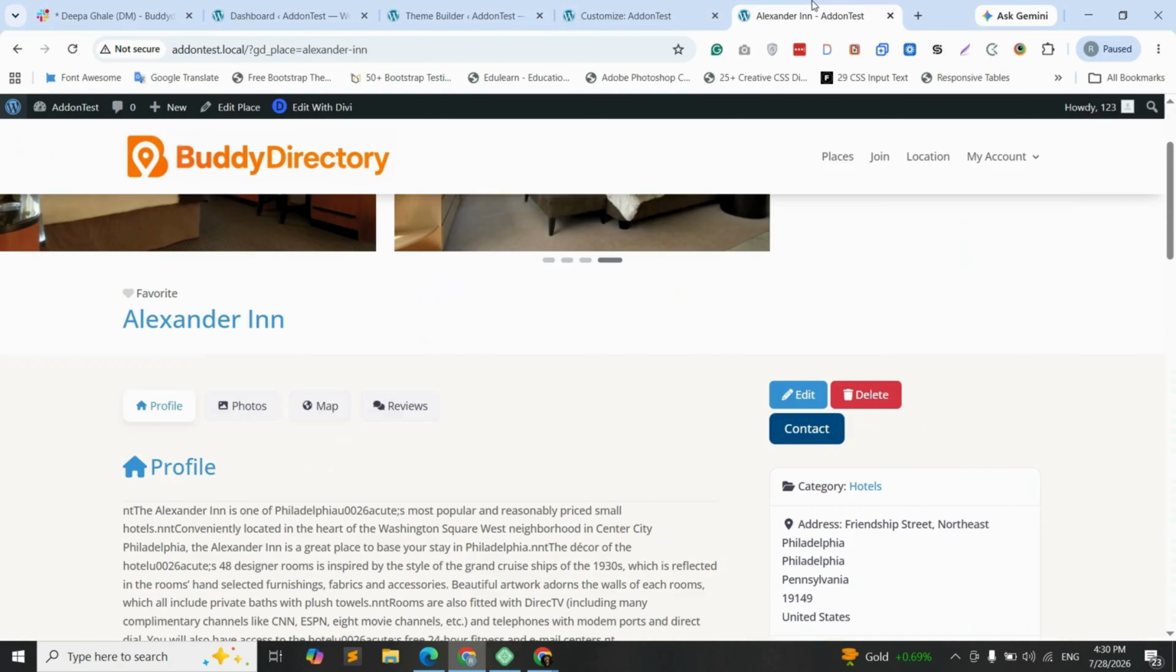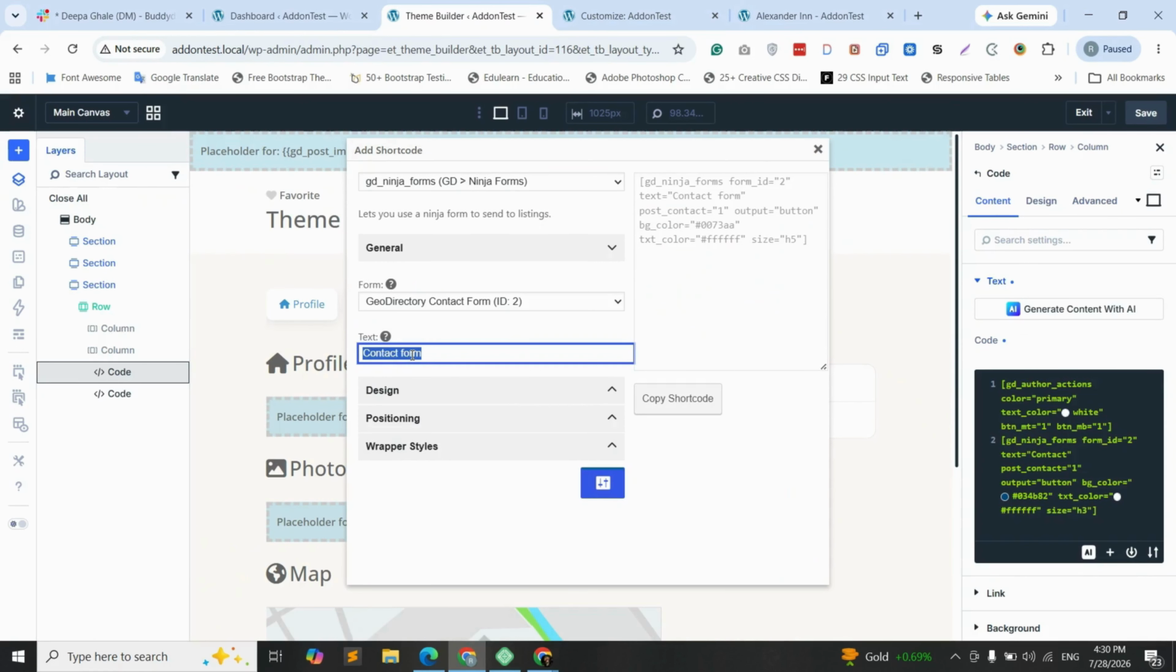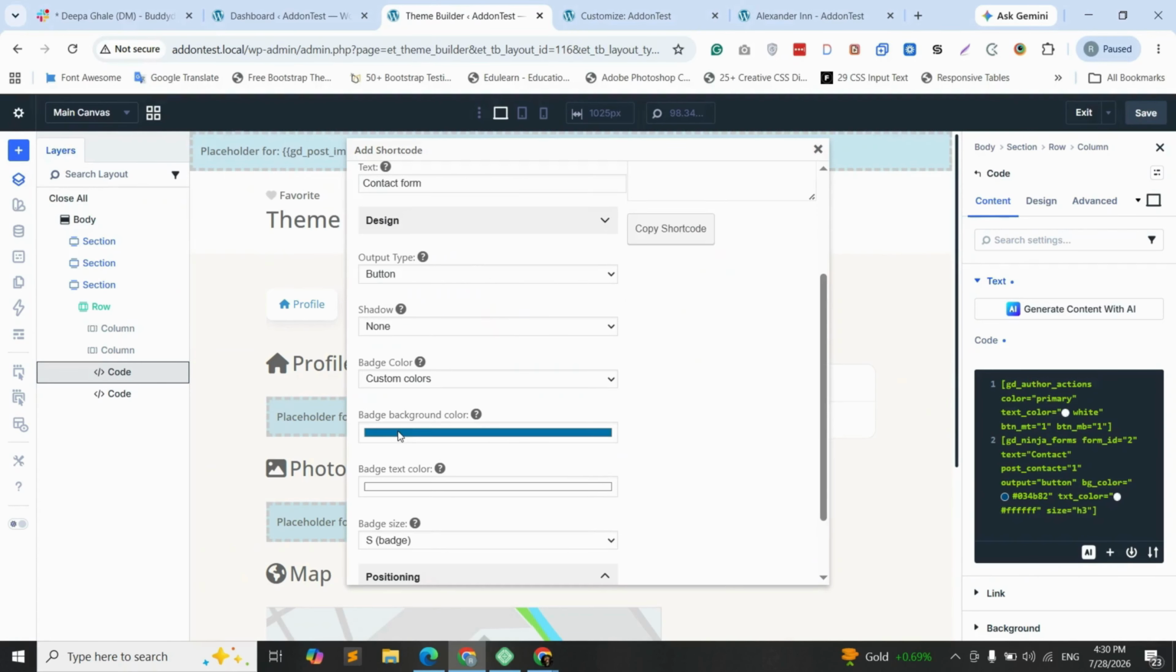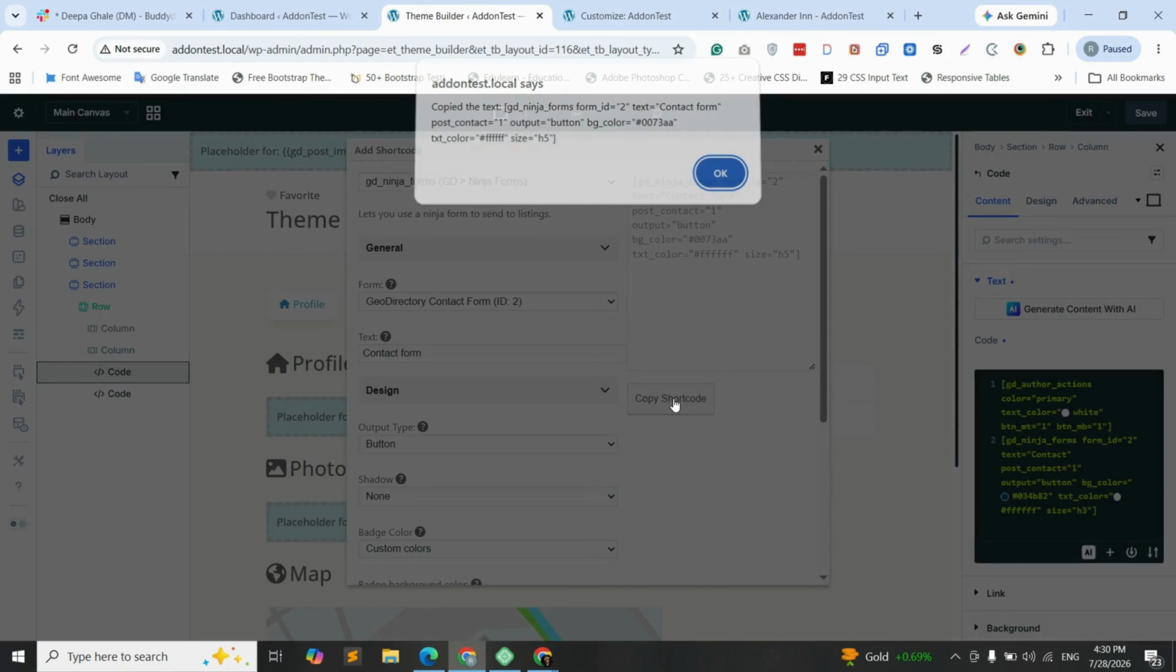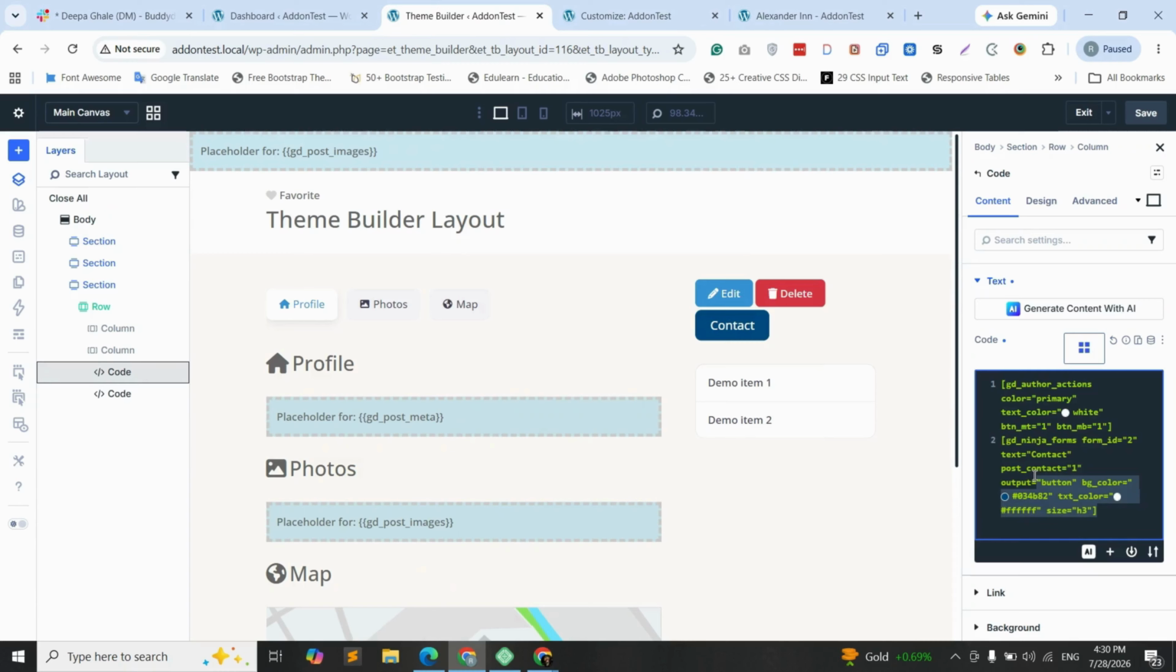And for the button of the contact form, as you can see here, you can name it whatever you like, such as contact form, contact, or contact us. You can choose its design from here by setting the background color and so on, right? So if we copy this shortcode and replace it here, you will see some changes. Look, the name has changed to contact form. Now we will save this,